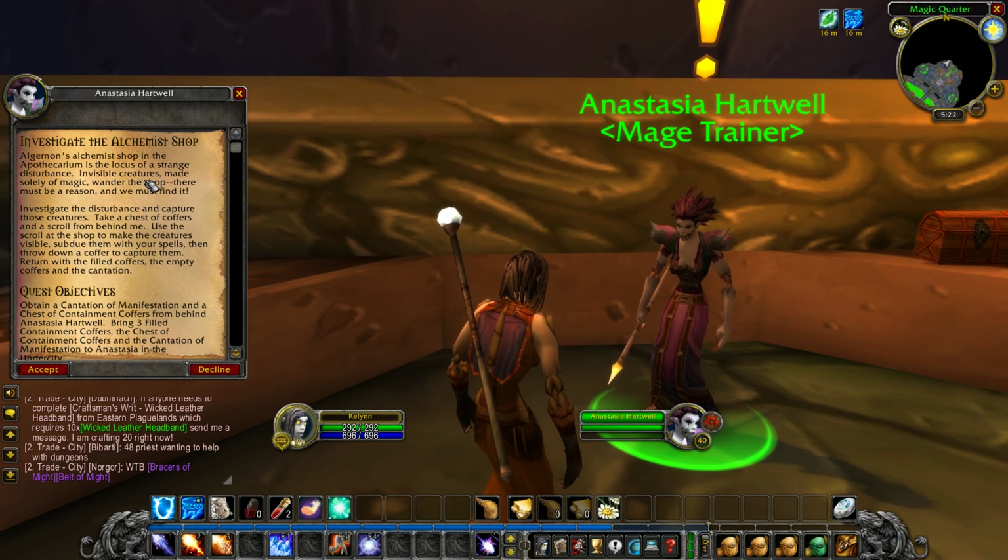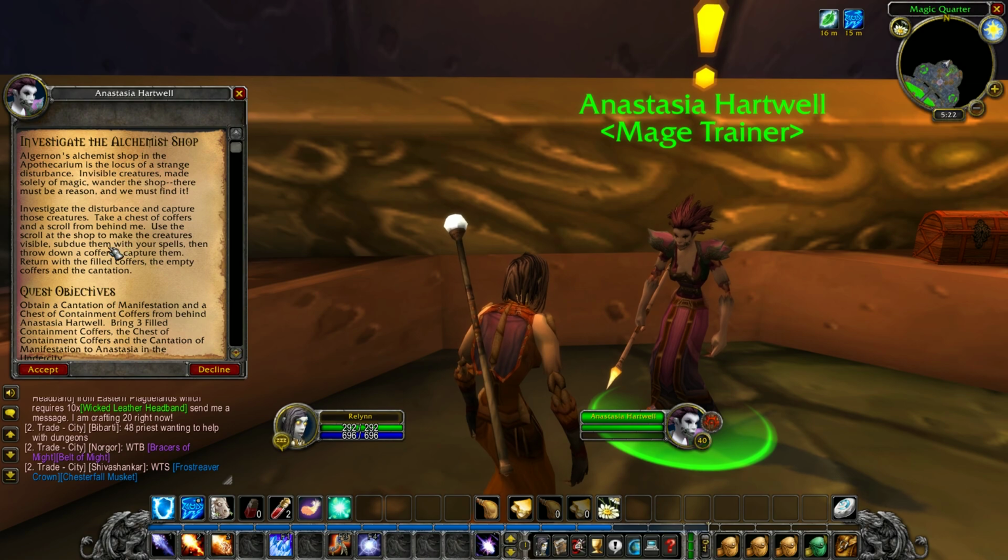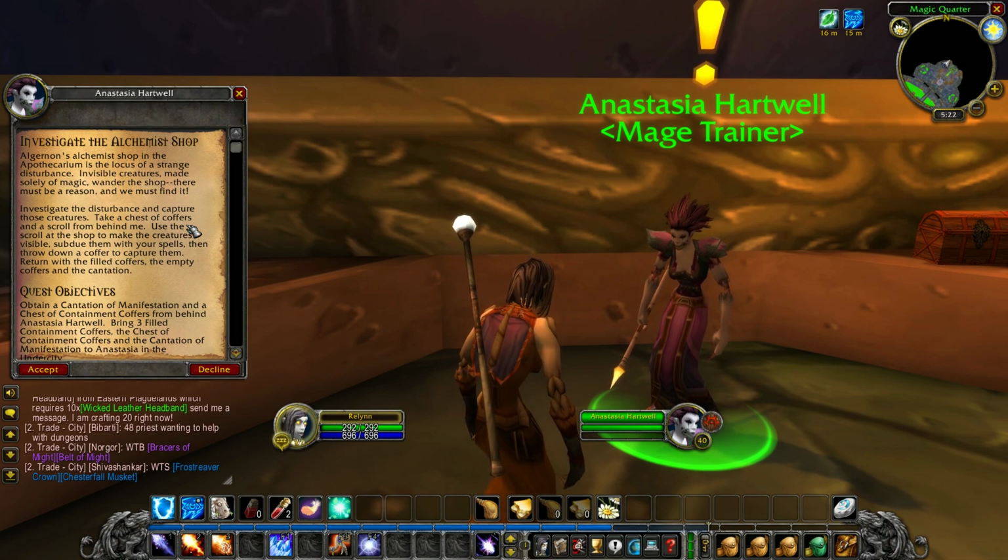Invisible creatures made solely of magic wander the shop. There must be a reason, and we must find it. Investigate the disturbance and capture those creatures. Take a chest of coffers and a scroll from behind me. Use the scroll at the shop to make the creatures visible. Subdue them with your spells, then throw down a coffer to capture them. Return with the filled coffers, the empty coffers, and the